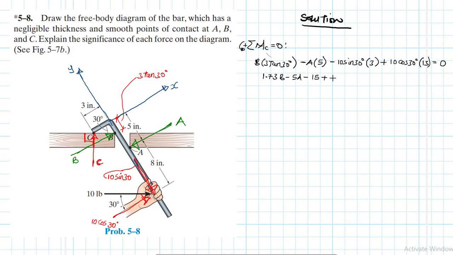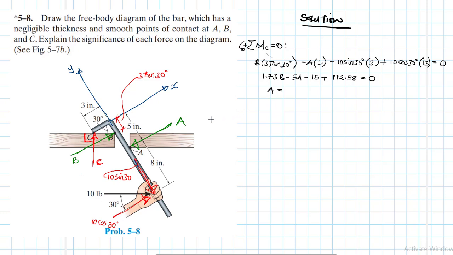This gives us a 1112.58, is equal to 0. Alright, so let's write this in terms of A therefore is going to be equal to,